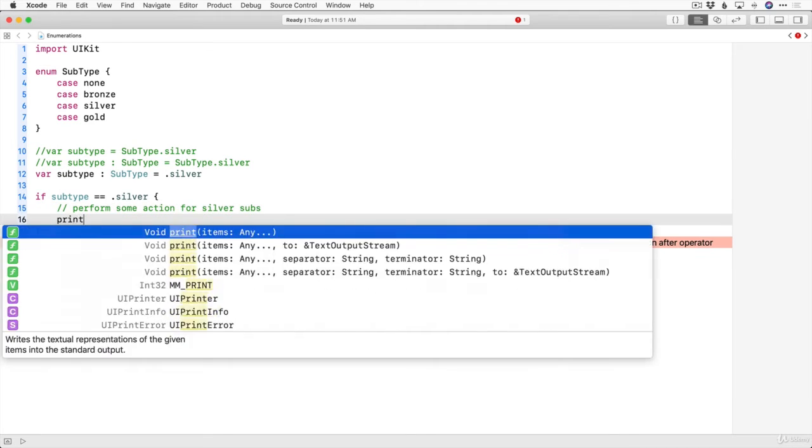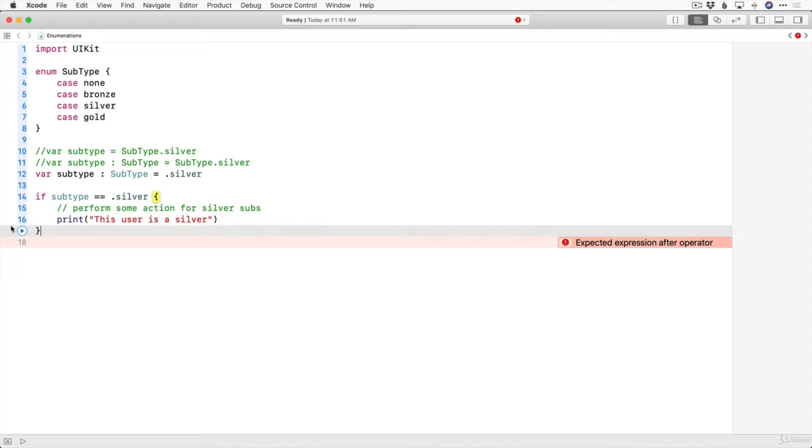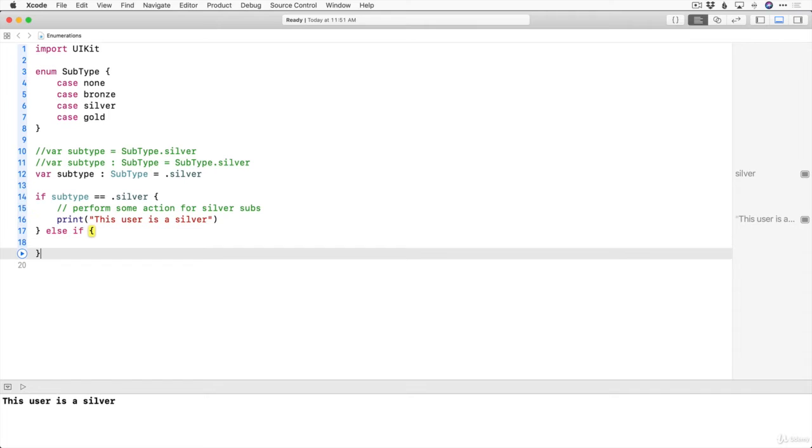We can just print out, this user is a silver. And then if we run that, we should see printed out down here, this user is a silver. And then if you wanted to do checks for the other ones, you could do a whole bunch of